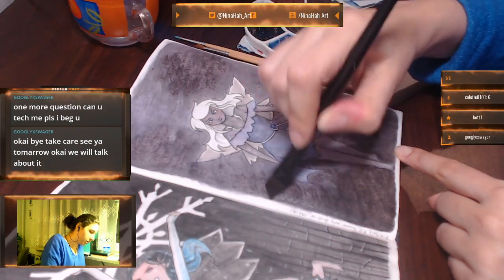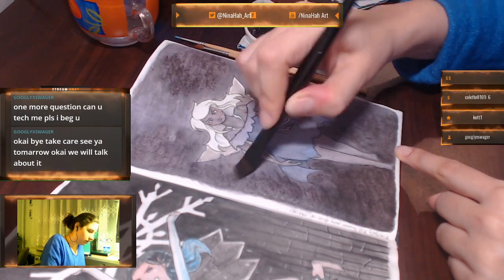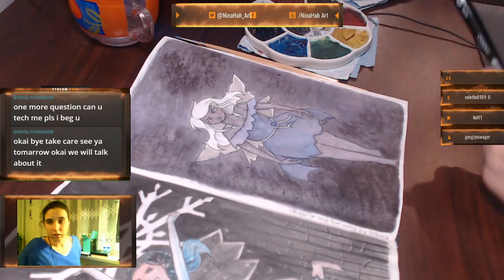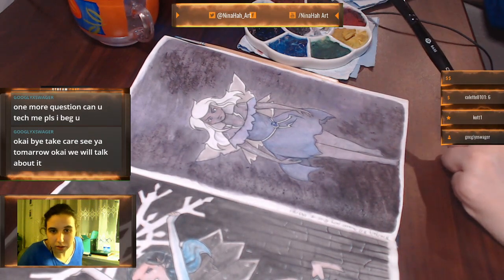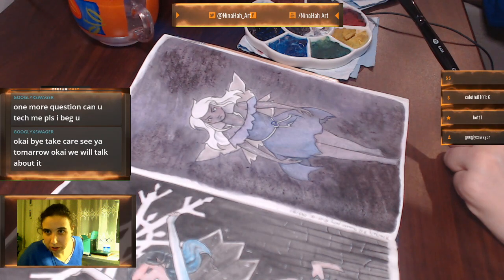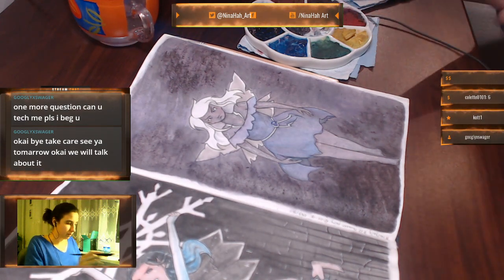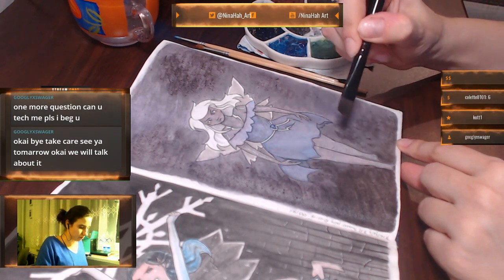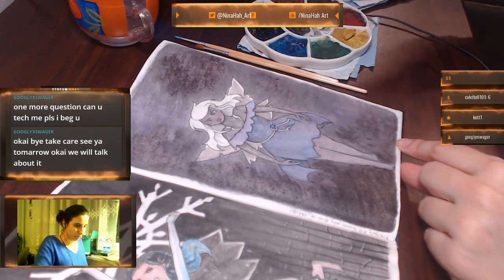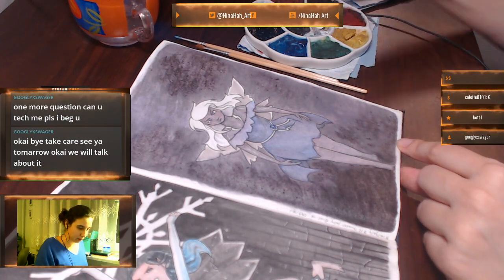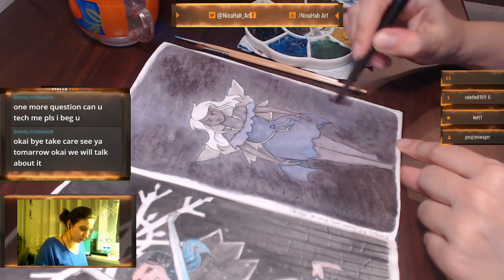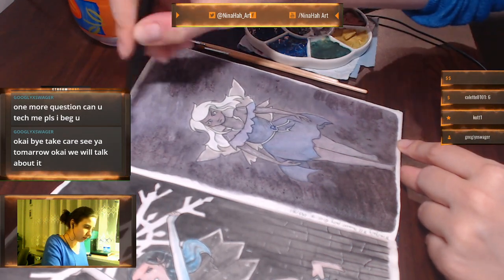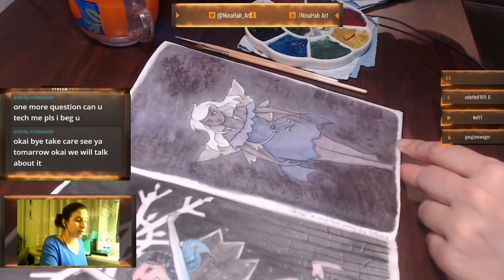Make this the darkest. Why did my music stop? Oh my god, I reached the end of the playlist. I will make this edge and this top edge just a smidge darker,